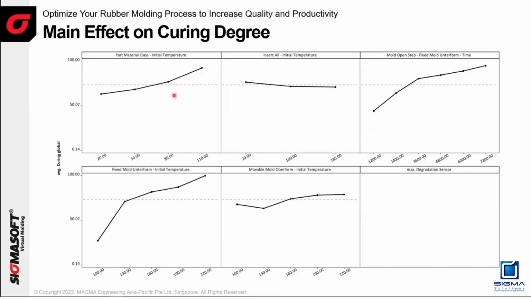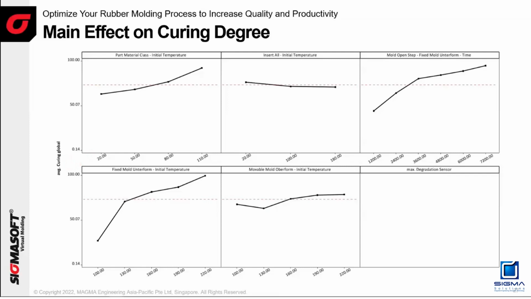Initial temperature plays a little part, whereas the insert temperature is not really influencing the factor. But the mold opening time, how long the material stays inside the mold, is really important, because the expression is linear here. Same thing for the fixed mold temperature, it's really important. Then the same for the movable mold side. This is for the curing